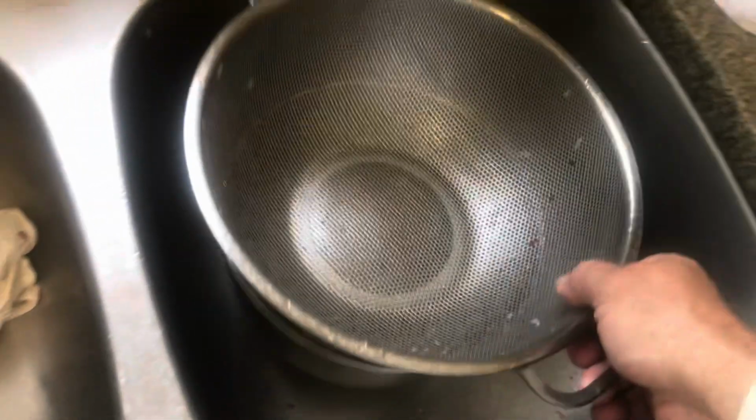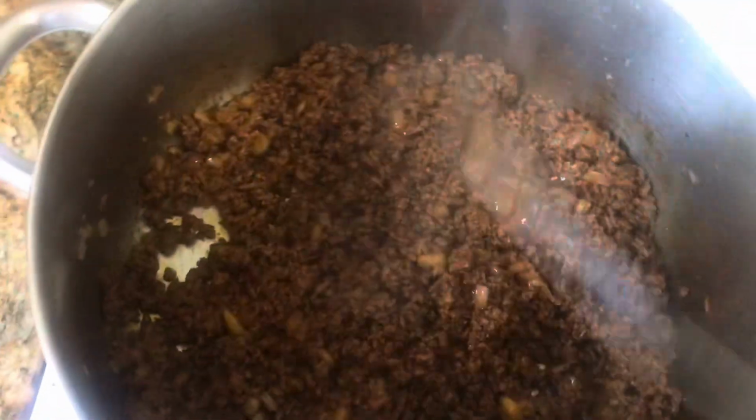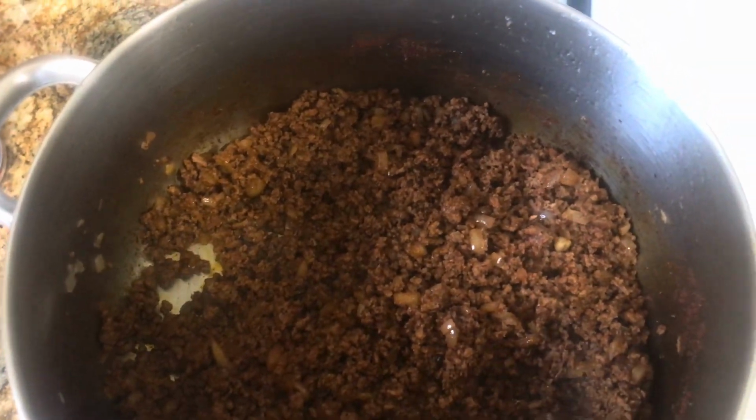I cooked the hamburger with the onions for about 10 minutes, and then I went ahead and drained it. Seemed like it had a little bit too much fat. So, anyways, that right now is just hamburger, a little salt and pepper, chili powder, and some onions. All right, so there we're